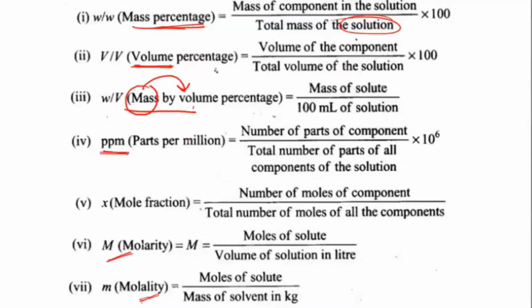This I've told you, it is usually used for very dilute solutions. If the solution is very dilute, then you get a very small concentration, correct? So if you are calculating out of 100, I told you your number will come out as 0.000 something. That's a little difficult to handle. So to make them into a correct whole number, we take it out of a million. In that million parts, how much is the contribution of these components? So that will be the number of parts of that component divided by the total number of parts of all the components which are present. Okay, then after that, mole fraction.